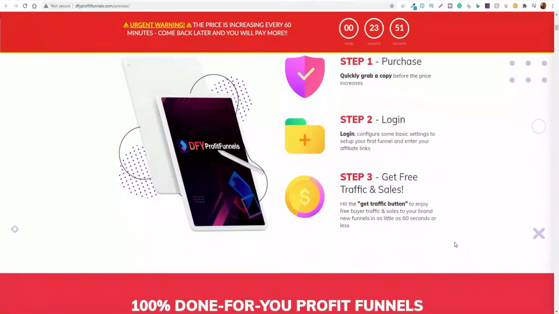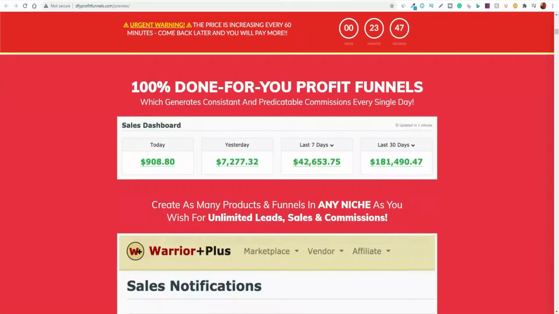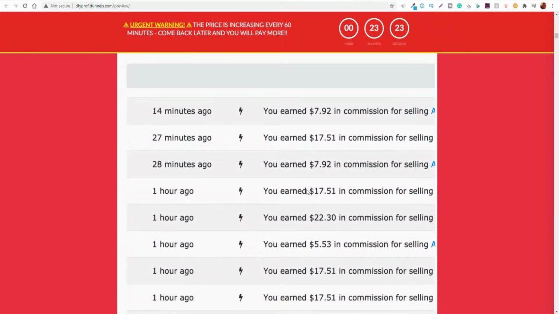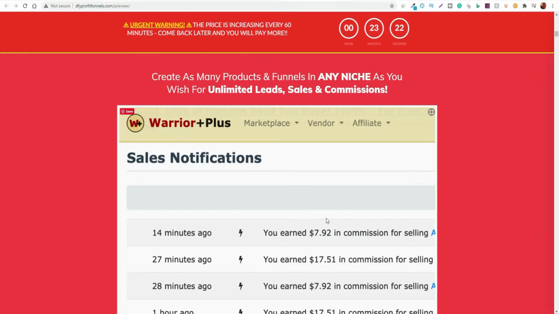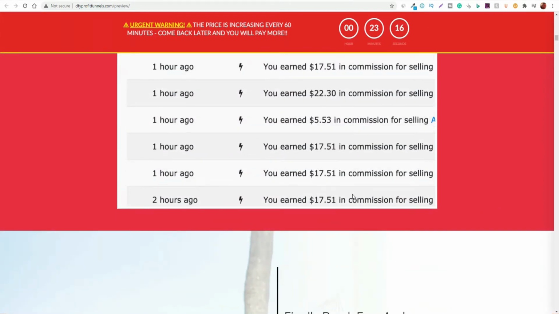So as you go through the sales page, again, it will give you a lot more information. It will give you views on sales, but these sales are not related to this actual platform. This is from something else, from another product that the vendor has probably sold in the past. Or if not, these can be very easily manipulated, so don't believe that for a second as to what is actually here. So there's no need really to be putting images like this showing you all the commissions that you can earn. There is a possibility that you could, but there's no guarantees that you will actually earn